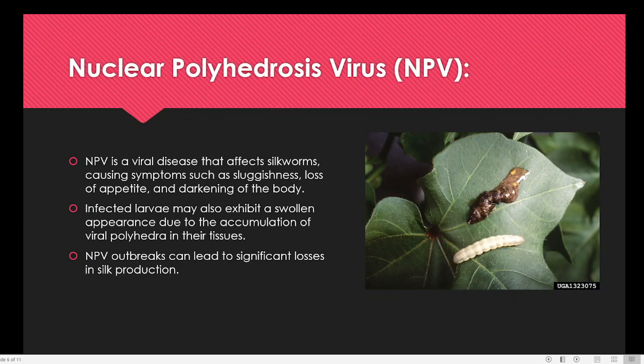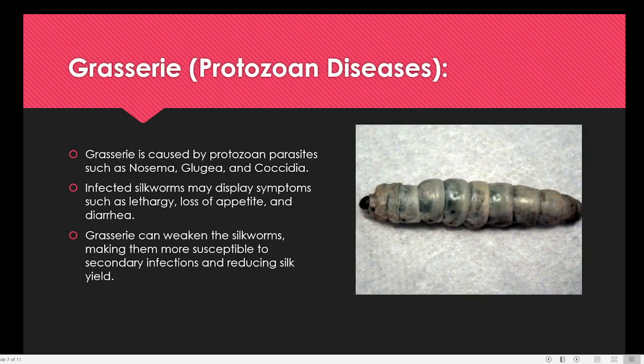And NPV outbreak is also responsible for large-scale death of the silkworm. So that is another peculiarity of the nuclear polyhedrosis virus. Then here you can see that we have another type of disease known by the name of protozoan disease, and